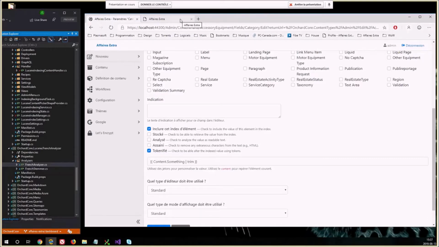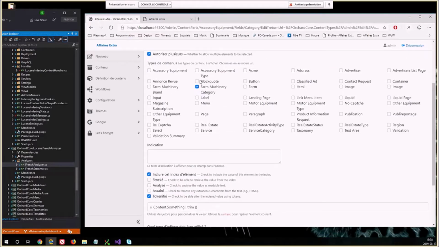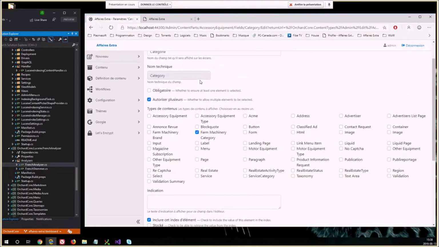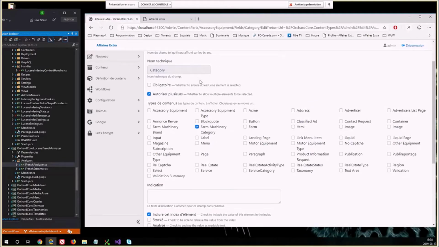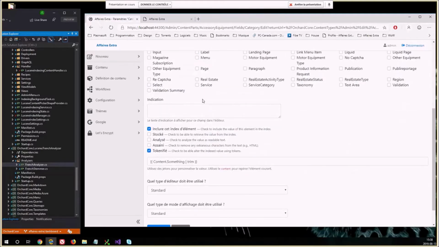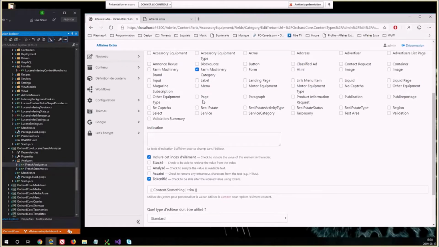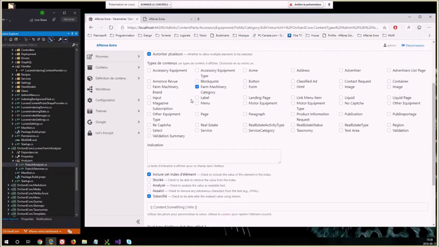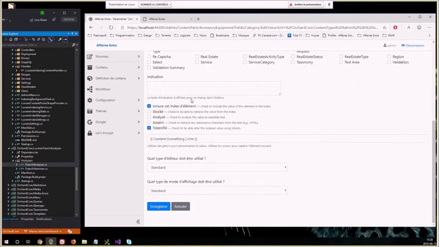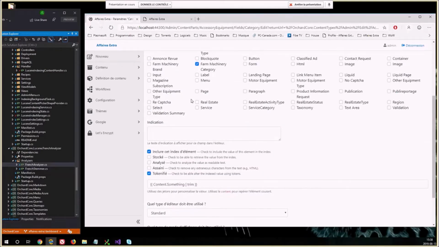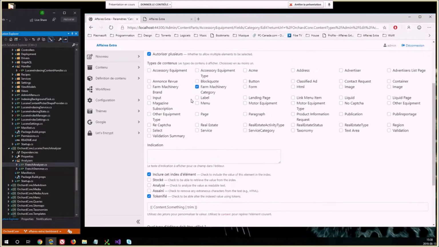So the idea he had was to create a new field that will contain all the text that you would like to use to search a content item by free text or full text search. So it's not a field search or faceted search, but a full text search. And that's super useful because that's what we want to do with the default search controller. In Orchard 1, we had a way to define the default fields to search in when we were using the search controller.